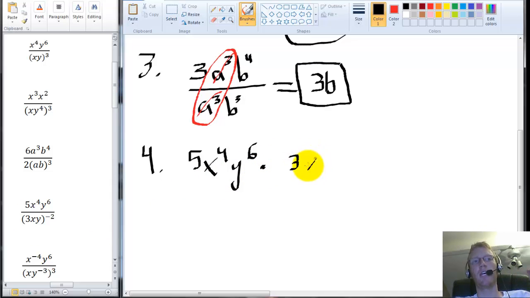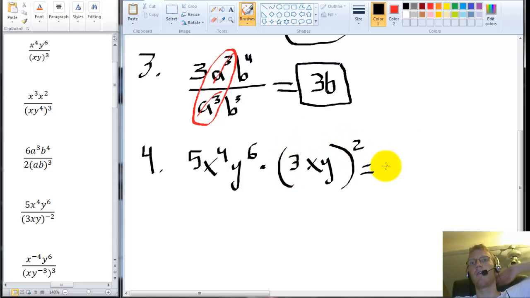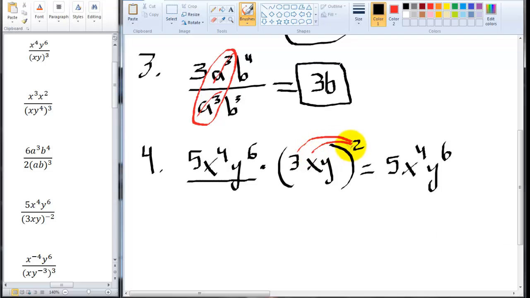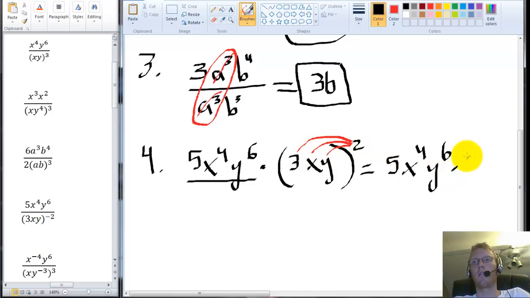So this whole expression is 3xy, and it was to the negative power in the denominator. So when I move it to the numerator, it becomes a positive 2. Okay? Now, I can actually distribute the 2 inside. So this 3 right here is getting raised to the 2nd power. First let me copy down the same stuff here. So that's going to be 5x to the 4th, y to the 6th. Okay. Now let me distribute this guy in here, here,